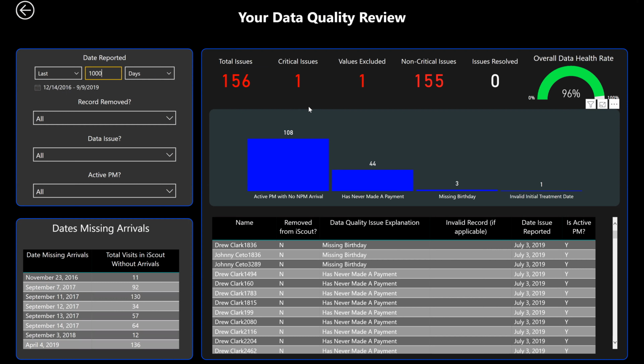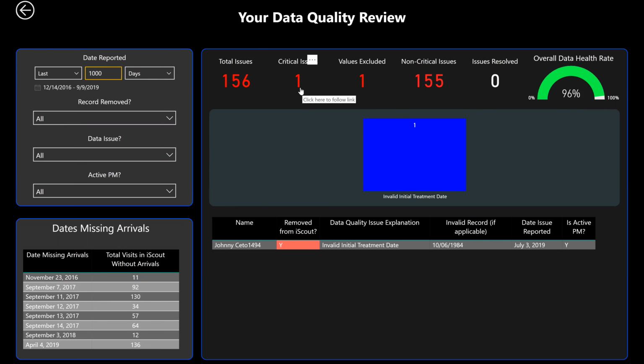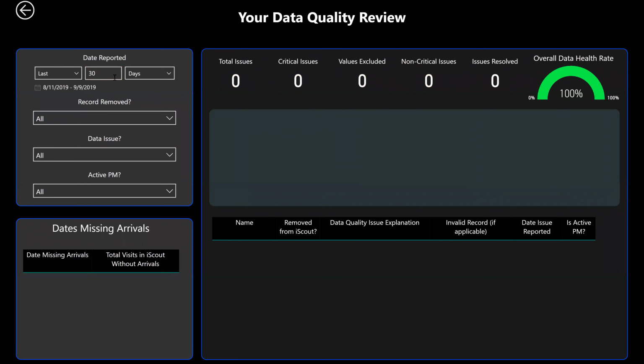So this is what you would see if you see data issues. Notice there's 156 total issues. This says critical issues. Any critical issues you want to address immediately because that's some date or something that will affect or impact the system. So ultimately, if you click on that critical issue, it'll bring up just that issue and it says an invalid treatment date, right? So if you're taking insurance, if you're doing PI, if you're doing anything like that, an invalid treatment date will definitely impact whether or how long it takes to get paid, right? So you want to definitely address critical issues,